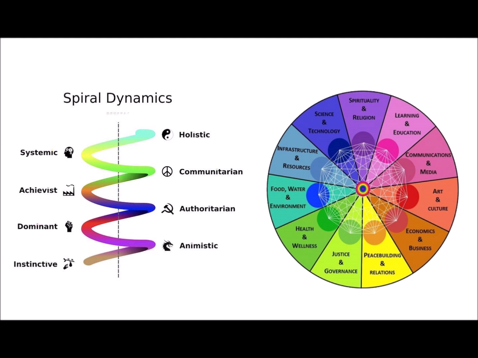like climate change or poverty. They might be involved in creating new systems and structures that are more sustainable and equitable. They might even be working to bridge divides between different cultures and ideologies, recognizing that we're all in this together. It sounds like reaching the yellow stage is crucial for tackling the global challenges